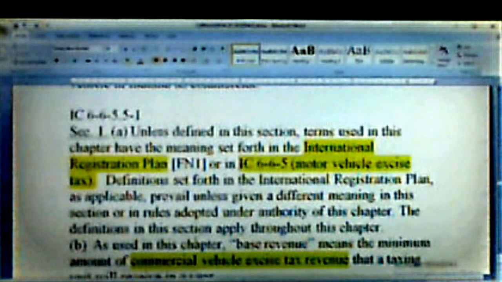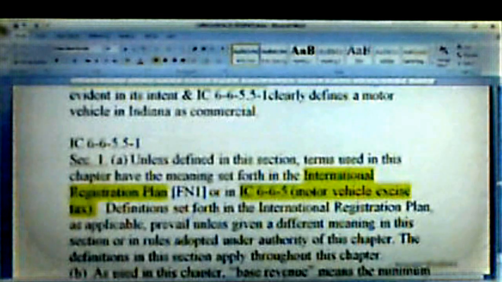Okay, now, the International Registration Plan is only for big trucks and commercial vehicles which are of a weight of 10,000 pounds or more, right? But they're telling you right here that if it's defined in this section, it has the meaning set forth in those two codes,